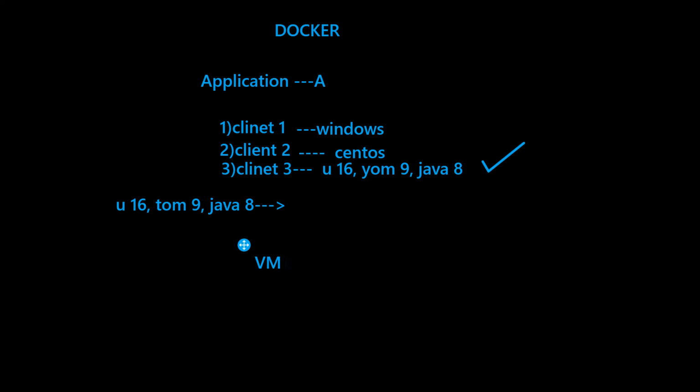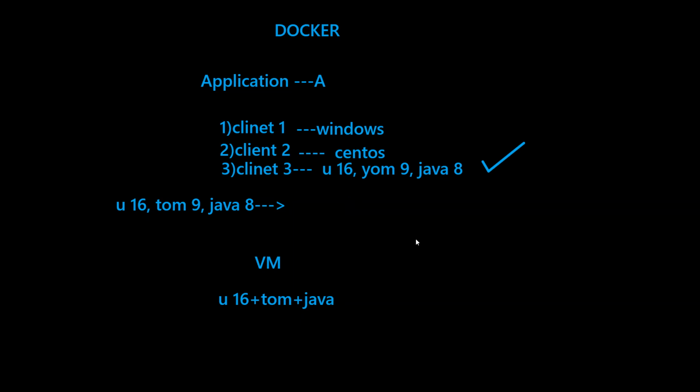Virtual machine sits on the host operating system. It will have its own operating system, works like a separate machine. So what we can do, let's say this client is having Windows environment. On this, we can create some Ubuntu VM, like Ubuntu 16, put Tomcat, Java, whatever this application needs, and provide this VM to the client. So he can run this application on the VM. So this is one of the solutions, managing a VM, right? Share this VM to all the clients, the problem can be solved.